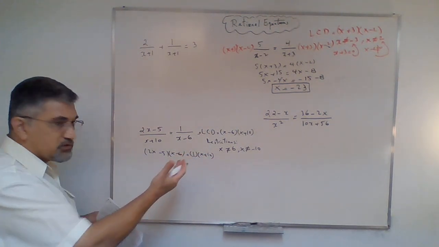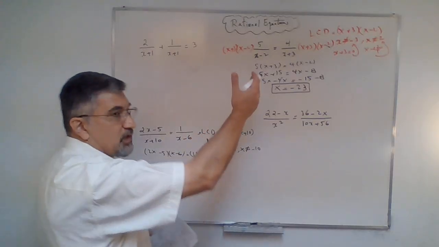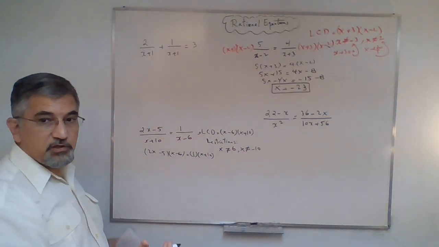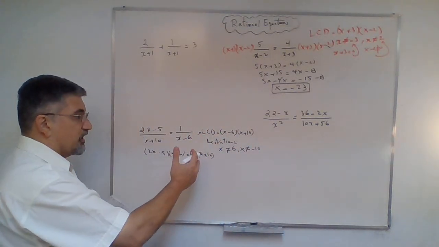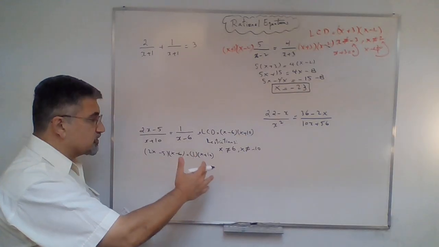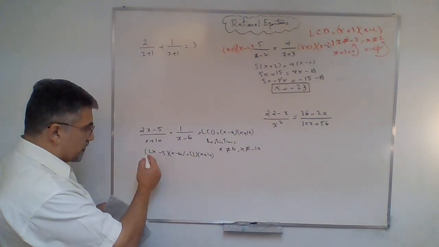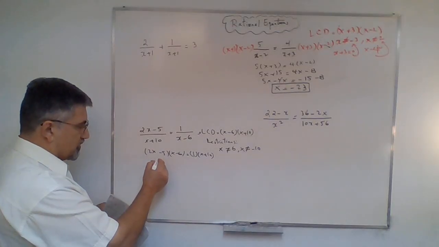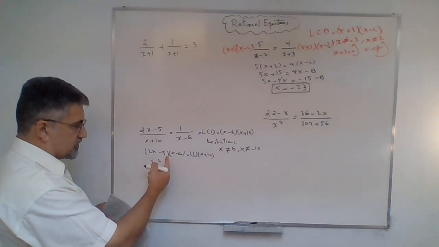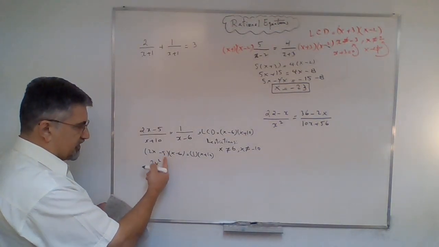Okay, the result is the same. But if you know where it's coming from, then you can use it. But if you don't know where it's coming from and you don't know the restrictions, then don't do that. Okay? All right, so now we have 2x squared, and then 2 times 6 is negative 12, and negative 5,